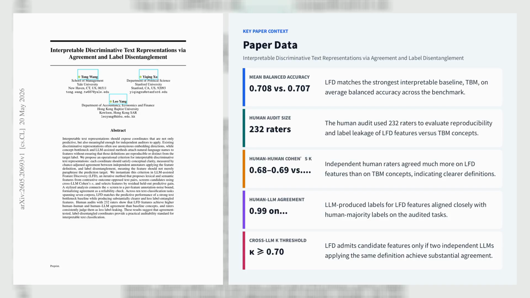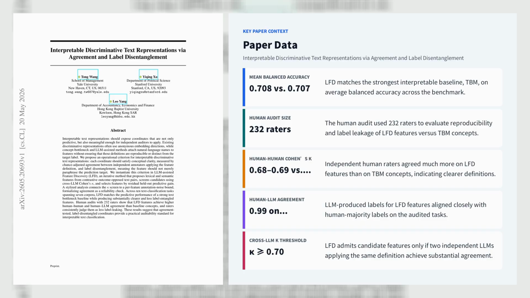Let's explore the second paper, Interpretable Discriminative Text Representations via Agreement and Label Disentanglement. This paper proposes a concrete auditability standard for interpretable text representations. Each coordinate must satisfy conceptual clarity, measured by chance-adjusted inter-rater agreement, and label disentanglement, meaning it should not merely paraphrase